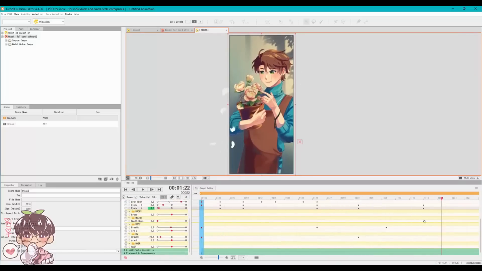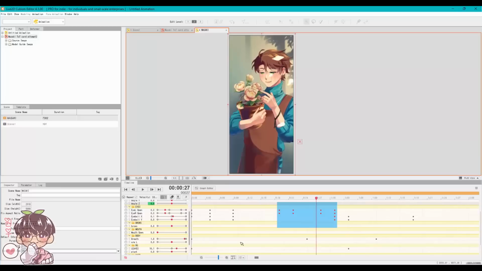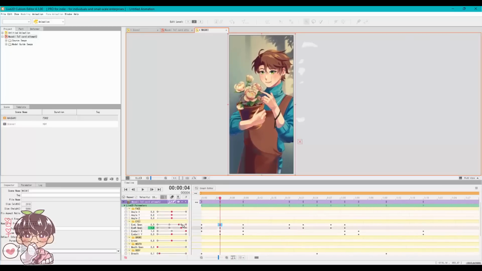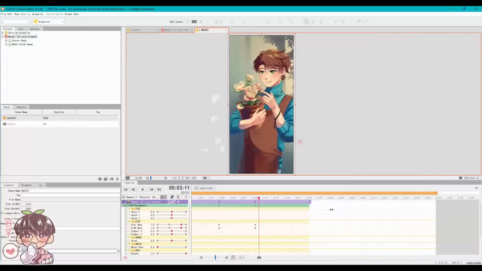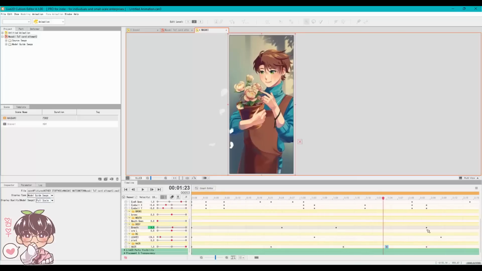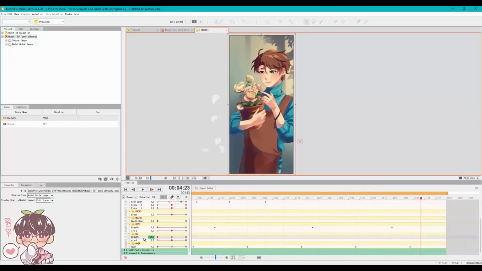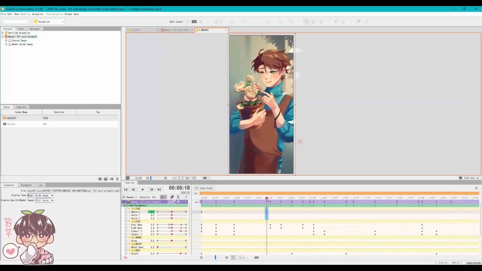So you can see I was setting up Masaki's eye movements, I was doing the leaves, and another problem that I ran into is that when I was rigging the eyes, I probably did the order of rigging incorrectly, because Masaki opening and closing his eyes was not aligned with the eyeballs moving. So whenever he moves his eyes to the left or the right, and I want him to close his eyes, they will immediately shift back to the center. So I did the rigging incorrectly, and that kind of screwed up what I wanted to do for the actual animation.